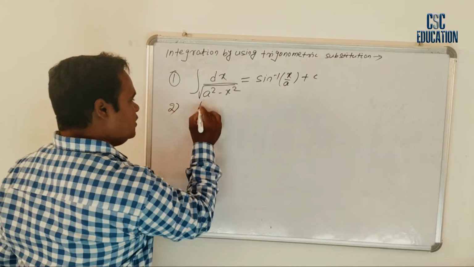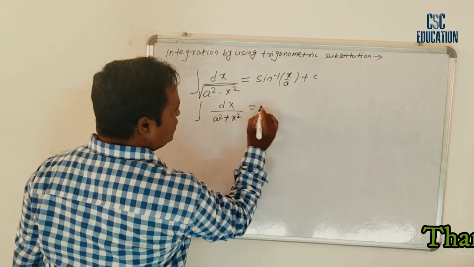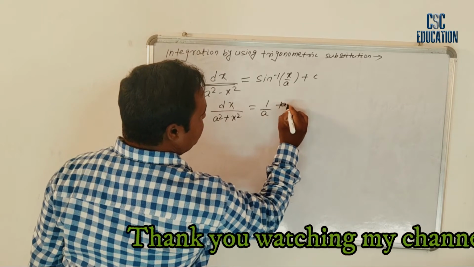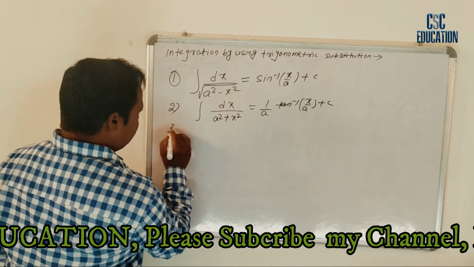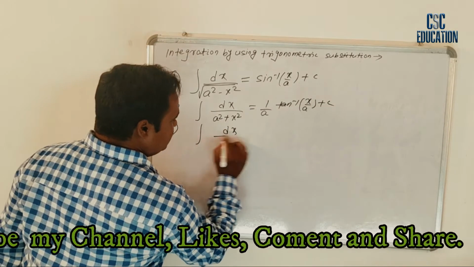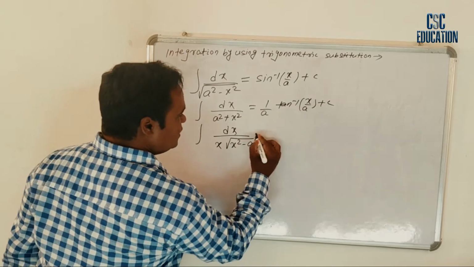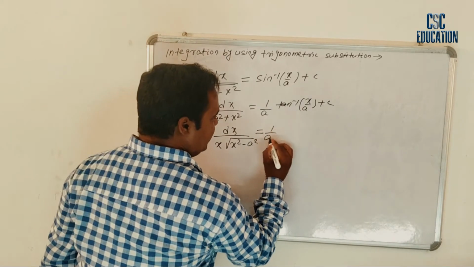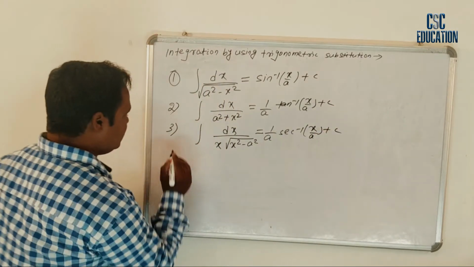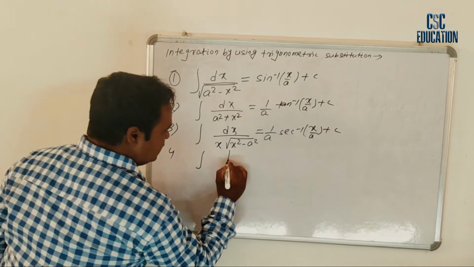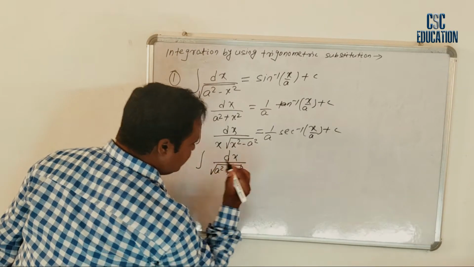Second, the integration of dx divided by a square plus x square equals 1 by a tan inverse of x by a, plus c. Third, the integration of dx divided by x times the square root of x square minus a square equals 1 by a sec inverse of x divided by a, plus c. In the fourth one, the integration of dx divided by the square root of a square plus x square